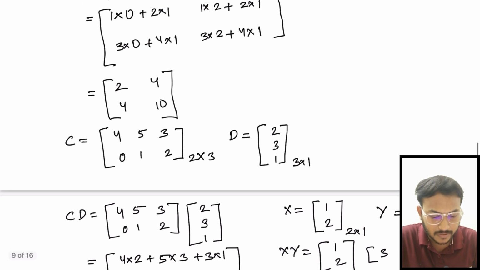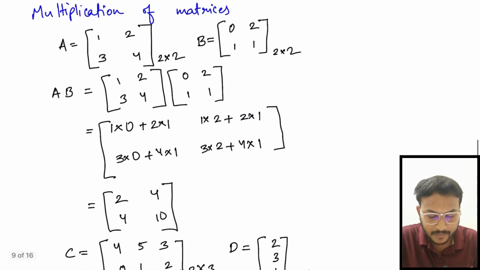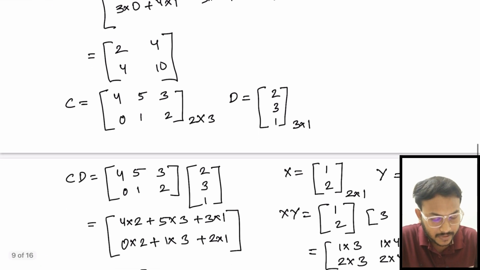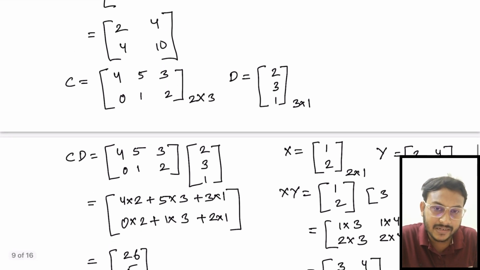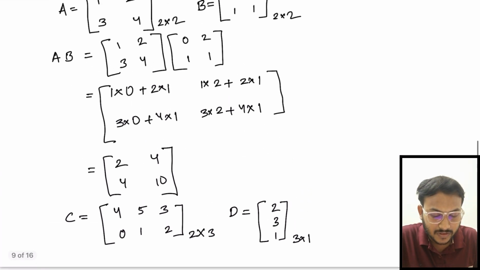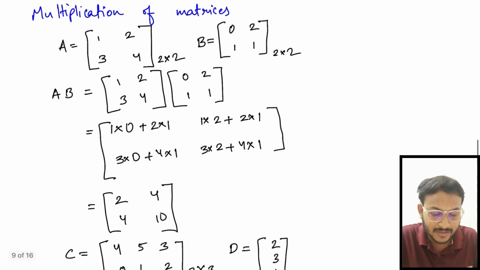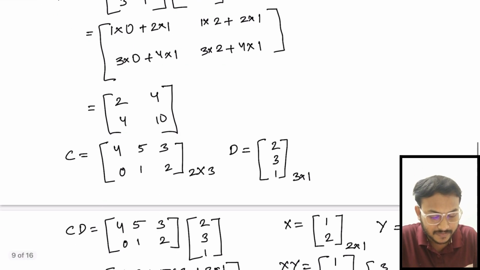So let me take the first example. Okay, so this is the example we have done previously. So in this example we have taken matrix A and matrix B. So in these three examples that I have taken to explain how to multiply two matrices, the matrix multiplication was possible, because I have taken those examples only. So there are matrices for which the multiplication of matrix is not possible. So first we will see the condition where matrix multiplication is not possible.